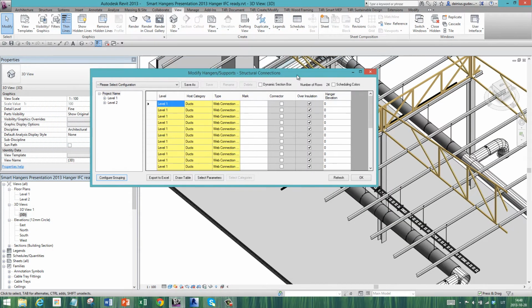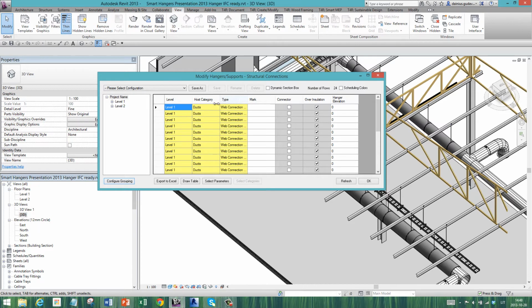Here you can modify a lot of different parameters and different configurations. You can filter out your hangers, make some modifications to them,